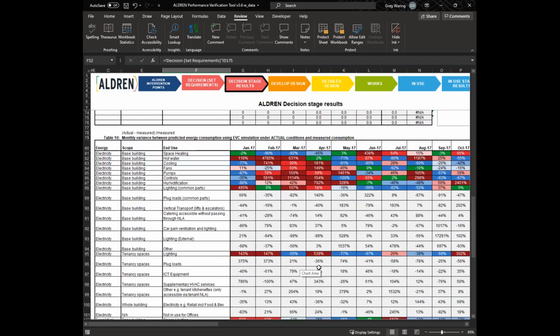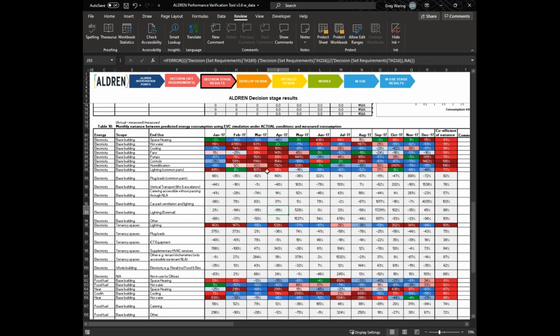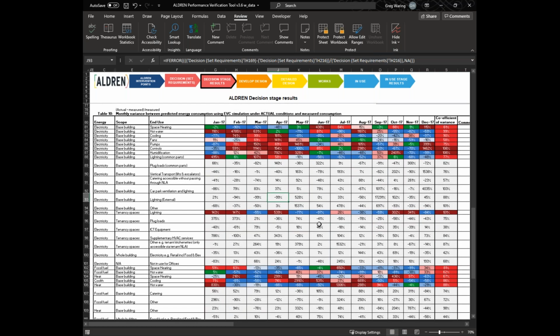Okay, finally on this sheet we have monthly end use level results, and I'll show you a real example of this. This is a more detailed output which is related to the detailed simulation work which would be undertaken under the route which uses advanced simulation techniques, and the key insights that can be achieved here are you can examine the